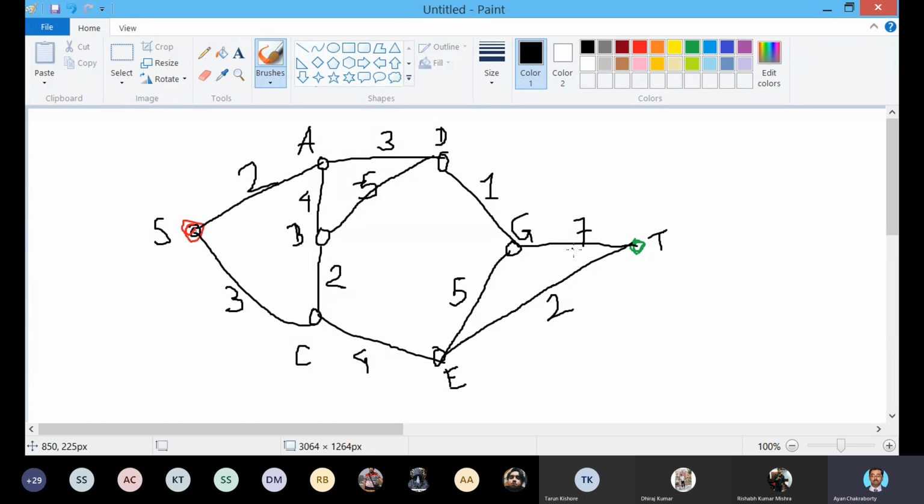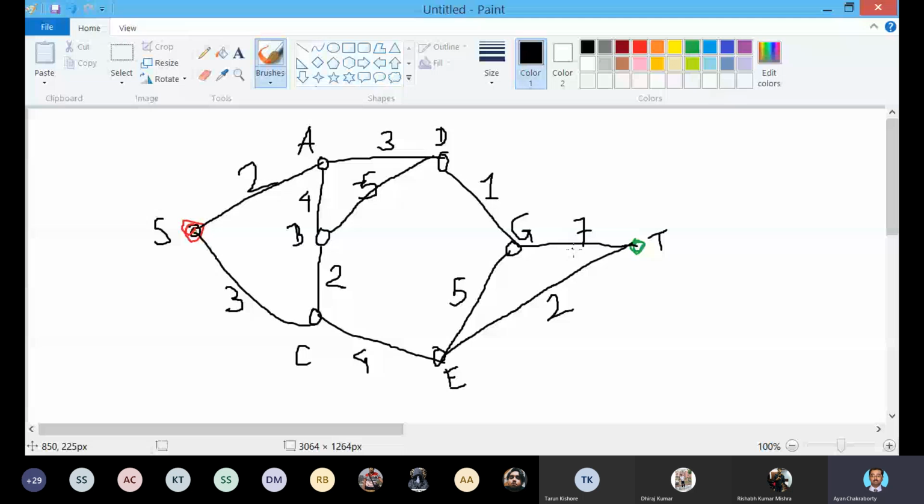Now we are in A. Now again we will apply the generating function according to the hill climbing algorithm, and this generating function is again the adjacency function. We will check the adjacency matrix from A. What are the adjacent nodes of A? B and D, exactly. B and D are the adjacent nodes of A. So AD is 3 and AB is 4, so we will select AD. Okay.